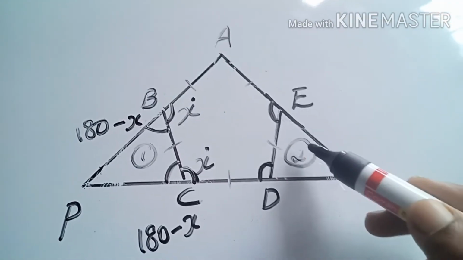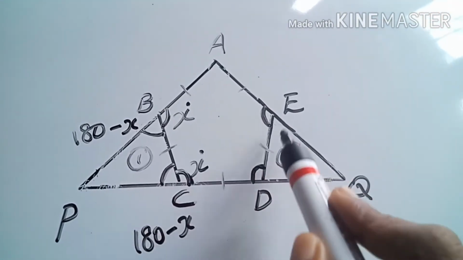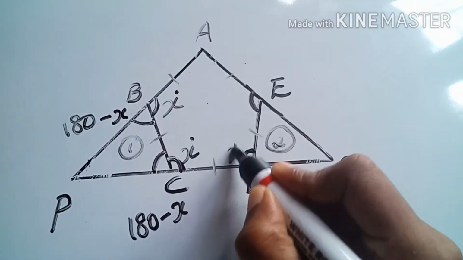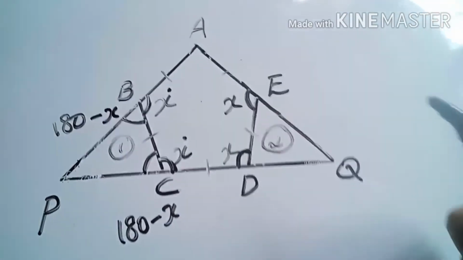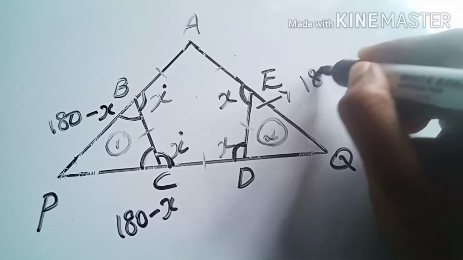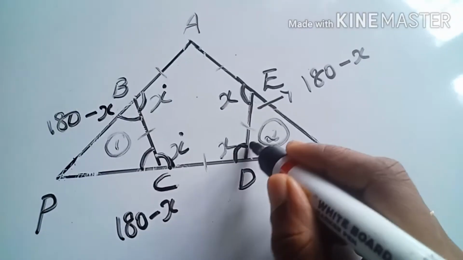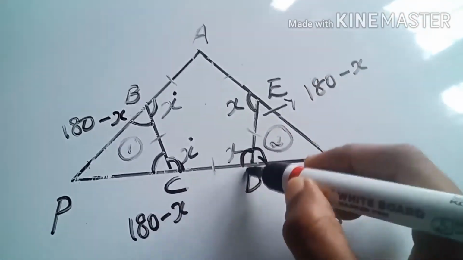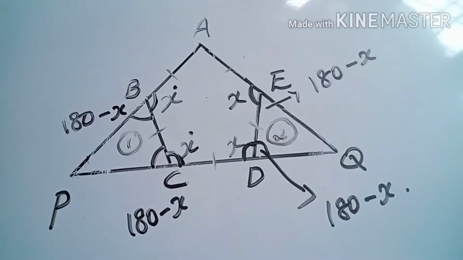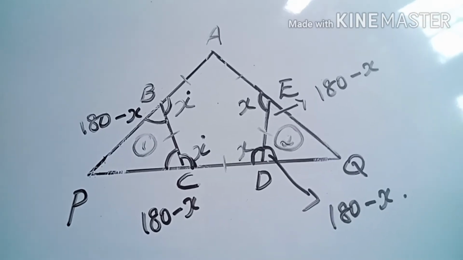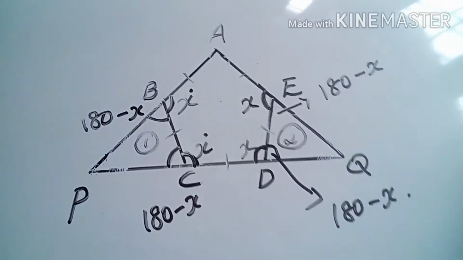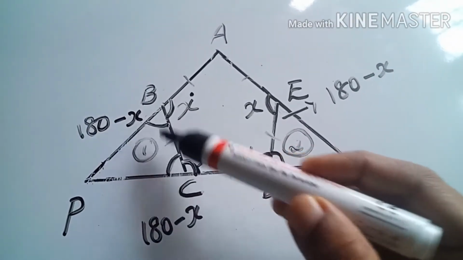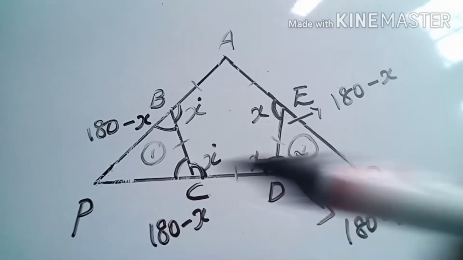Here also the same rule we can apply, because this is also a part of the pentagon. Here also the angles are x degree and x degree, so this angle will be 180 minus x. Here also 180 minus x, and this DE and BC are equal sides. That is also given in the question. All the sides are equal for this pentagon. So BC and DE are equal, and at the ends two angles, angle B and angle C, are also equal.